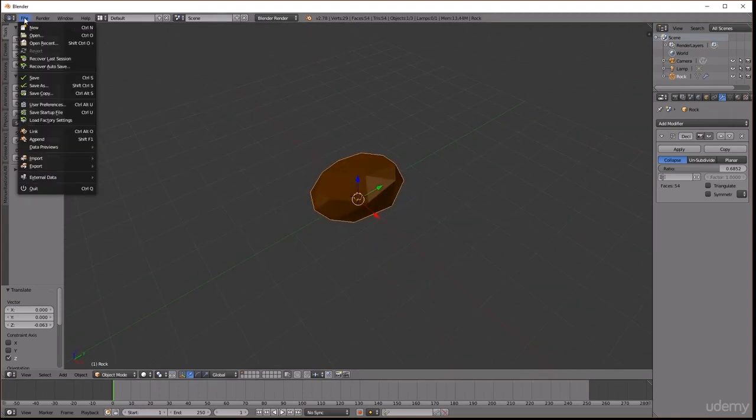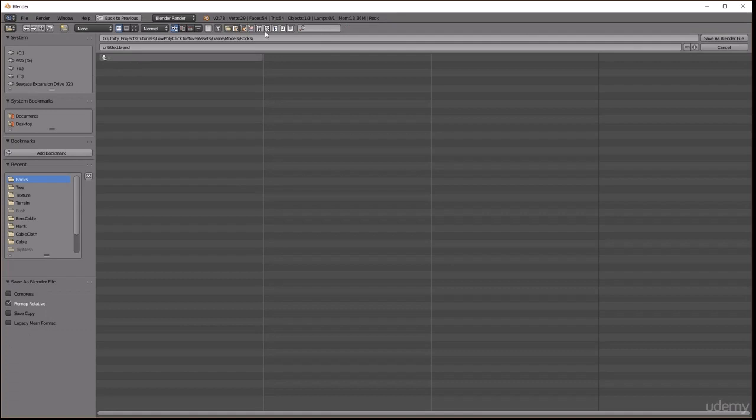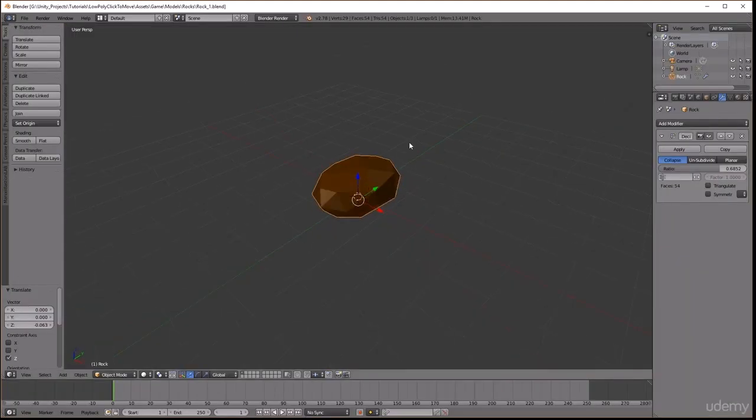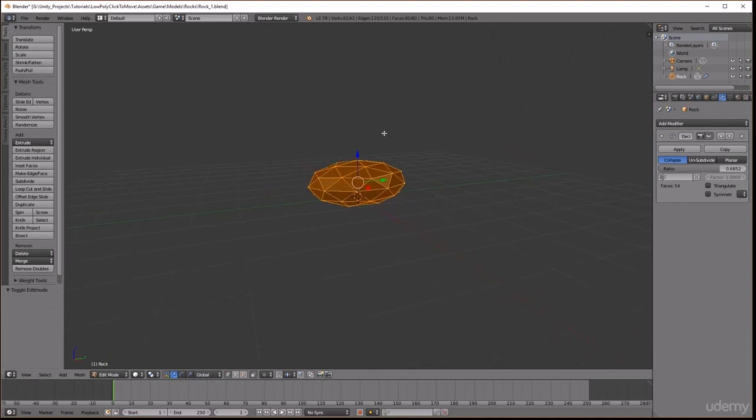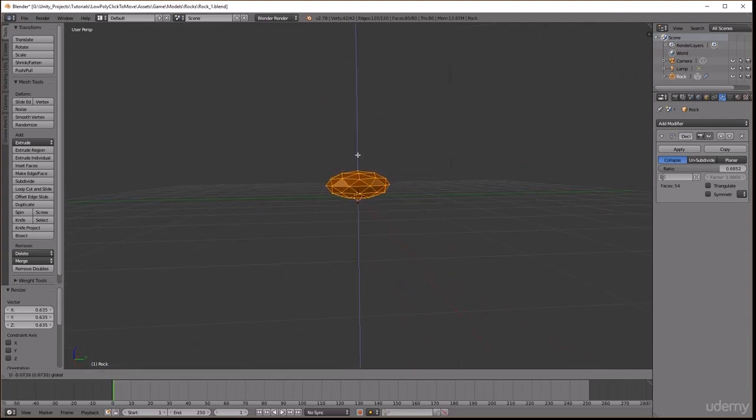So if we hit File and Save As, let's make sure that we're in the rocks folder there, and let's save this as rock_1 and click Save. So let's make a smaller rock. So if we hit tab and we scale this down, and let's lower it a bit,